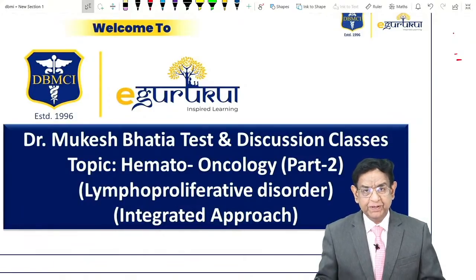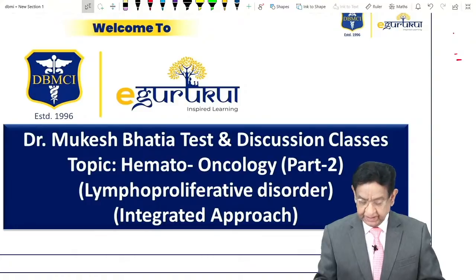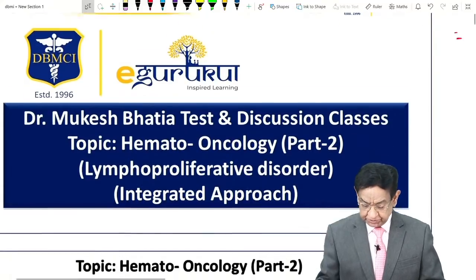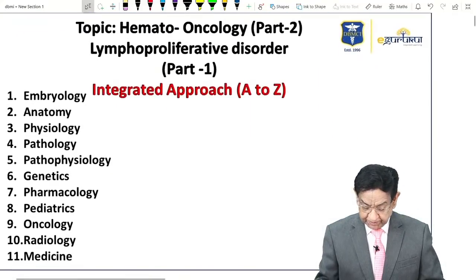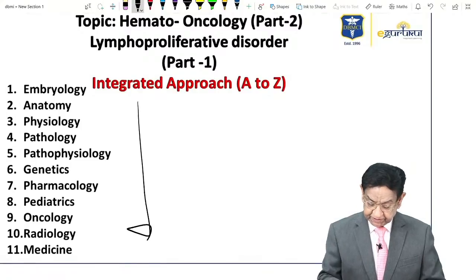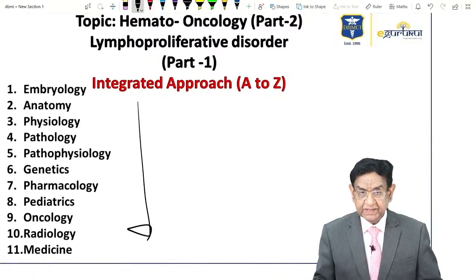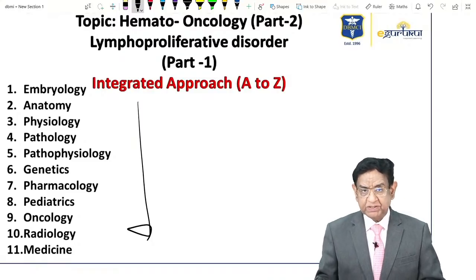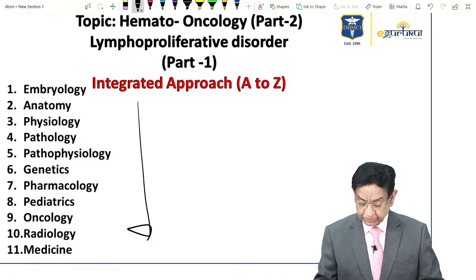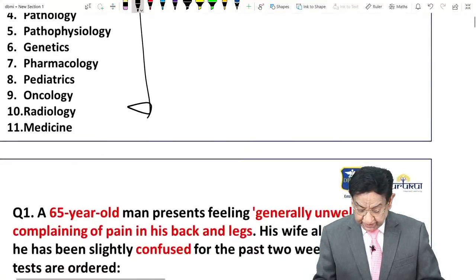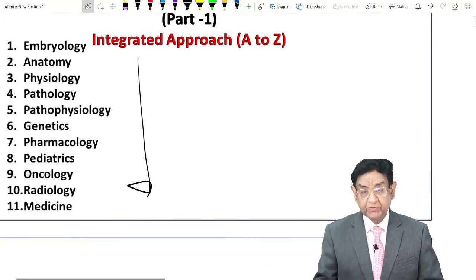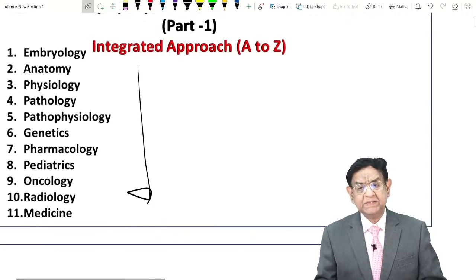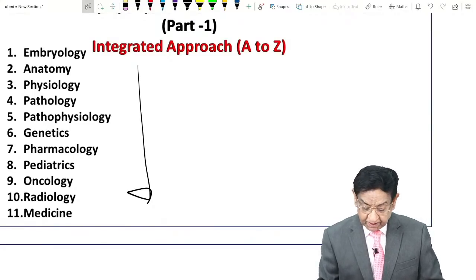Hello everyone. Today I'll be doing the test and discussion of the topic lymphoproliferative disorders, and it will be an integrated approach in which I'll be covering all the subspecialties which are relevant to my talk. If you know this much, a good amount of everything about this topic will be clear to you. Okay. So before I really go to this question one, I must give you the basic concept about what you